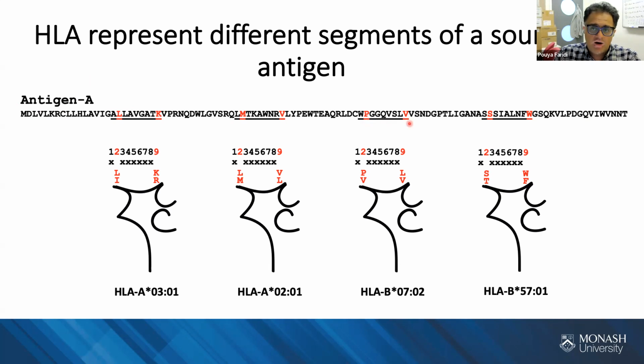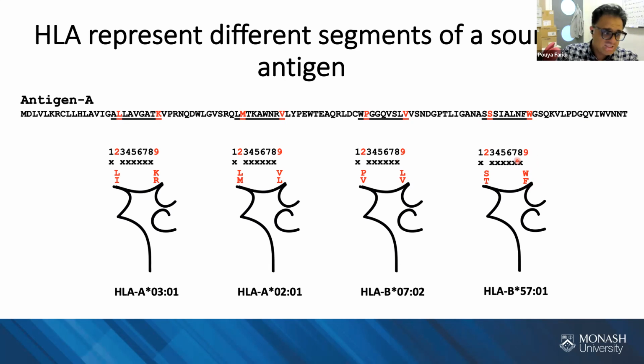So it's somehow, you can't say personalized, but based on the HLA type, peptides that are present on the cell surface from one antigen are different. For example, if we have HLA A0201, most of the peptides that are present on this particular type of HLA have leucine and methionine at position 2 and valine and leucine at position 9. But if we go for HLA B5701, we have serine and threonine at position 2 and tryptophan and phenylalanine in